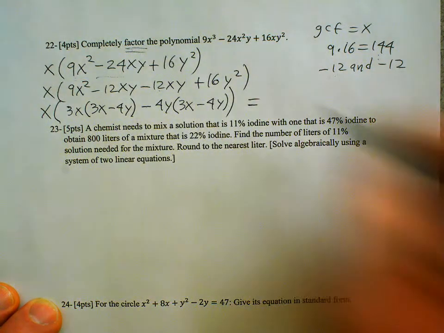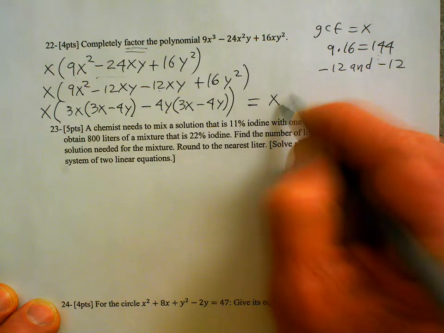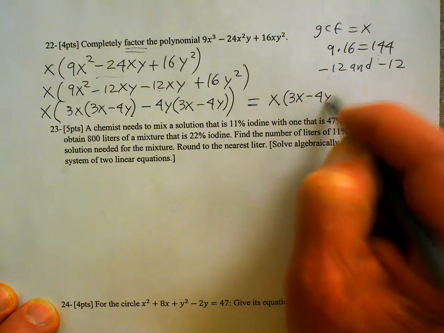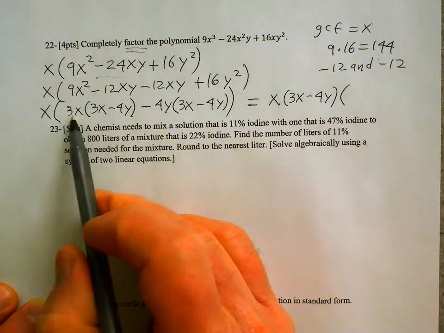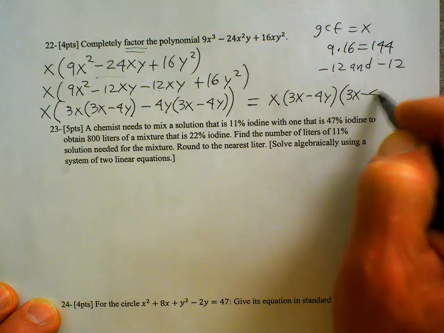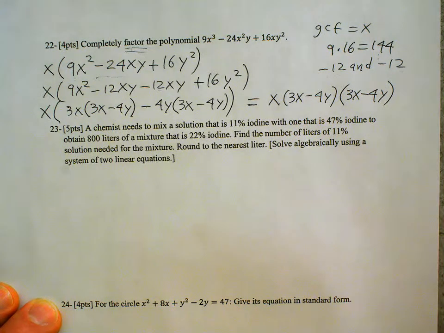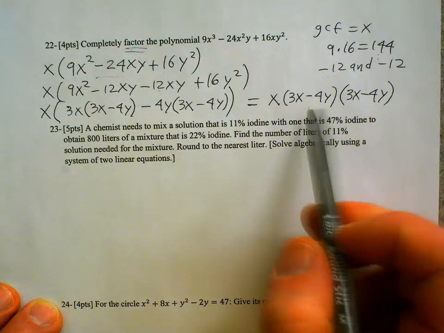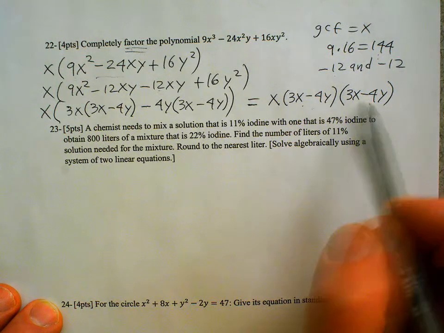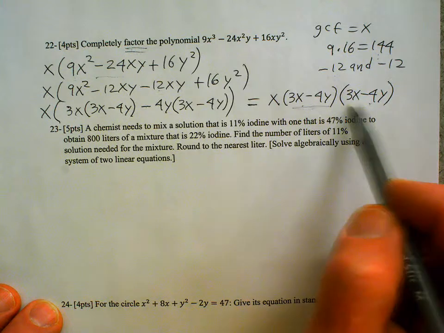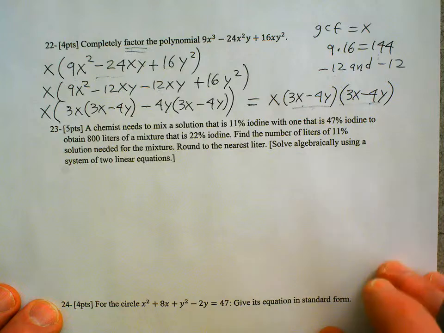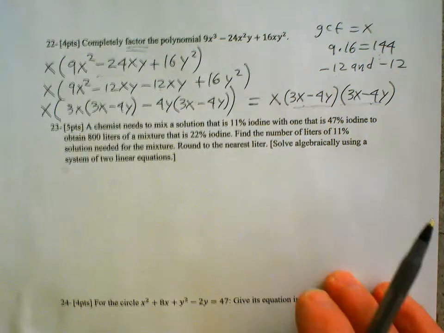And finally, the complete factorization is x times the binomial 3x minus 4y times another binomial 3x minus 4y. Okay, the last hint that we've just factored a perfect square trinomial is that the two factors are identical. Okay, the next problem,